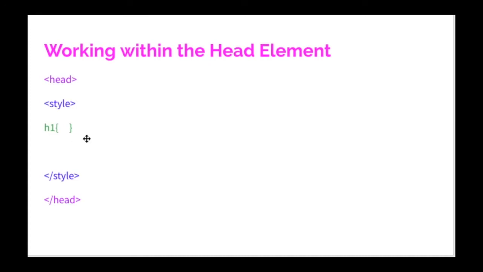Note that we're using curly brackets. In CSS, everything we do is in curly brackets. There are no angle brackets.